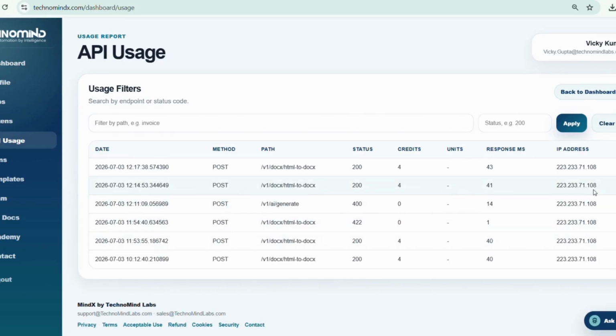Step 2, understand the usage reports. Each row in the report represents one API request. You can see here the time, the methods, paths, everything. Here is what each column means. First, date, so when the API request was made,